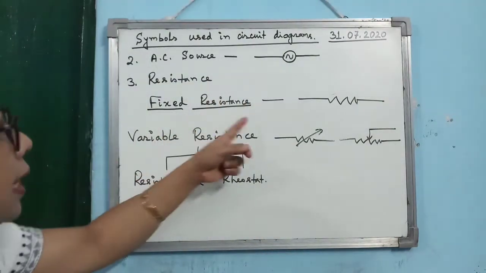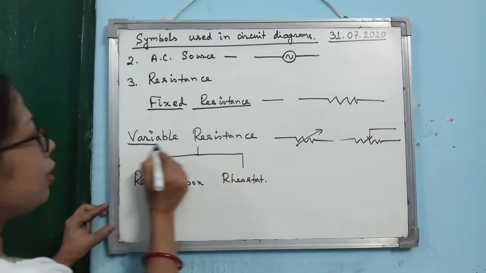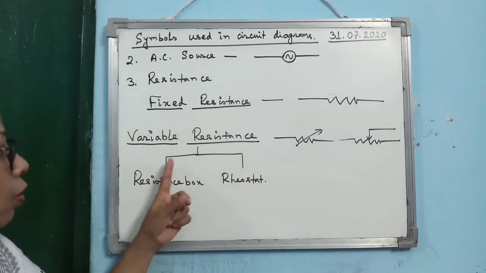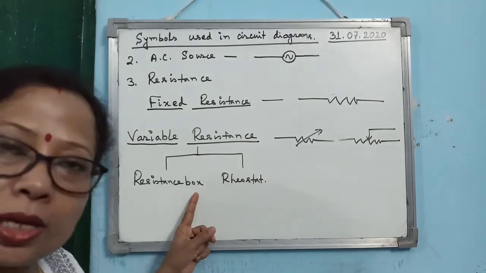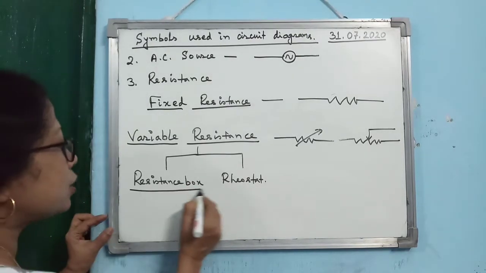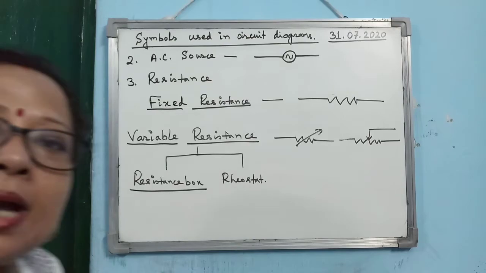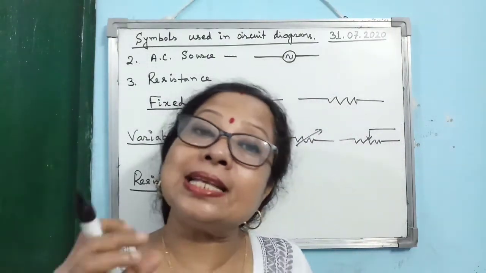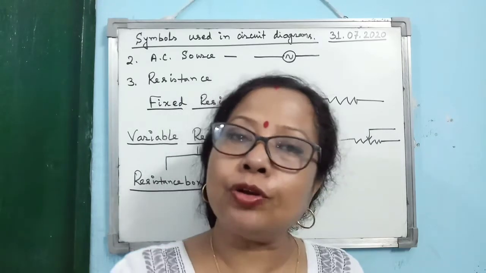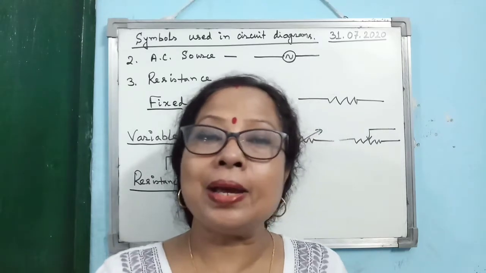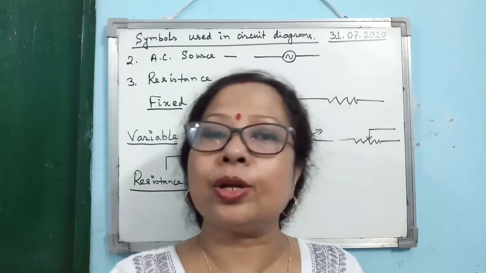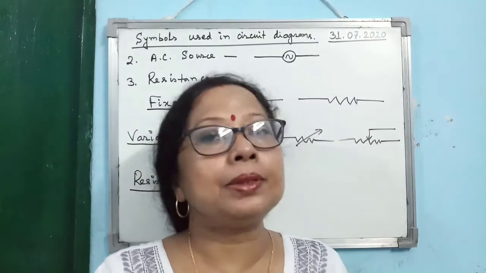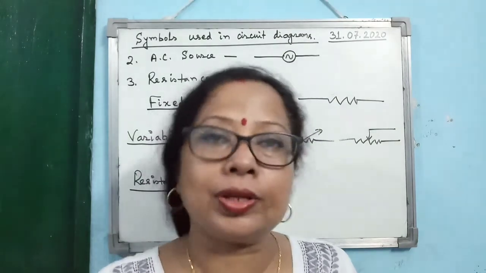Then there is another kind of resistance, that is known as the variable resistance. Again, for variable resistance there are two types. One is the resistance box we use. Now in the resistance box you will see that different plugs are there, and below the plug the value of the resistance is given. If you take out the plug from the gap, then that resistance will be included within the circuit, and if you keep the plug back within that gap, then the resistance is not within that circuit.